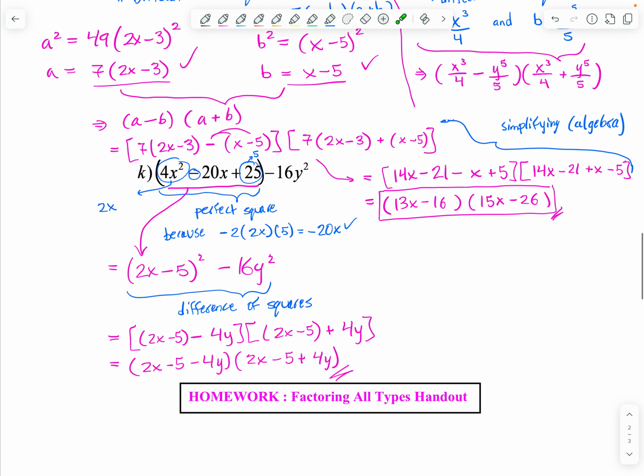Last question here is I get something like this. Now, this is very tempting to think that this is like factor by grouping. You don't want to go down that path. Actually, I don't think you should. I don't think factoring by grouping is going to help you here, because you could try it and